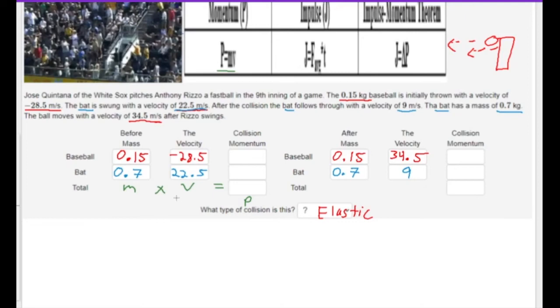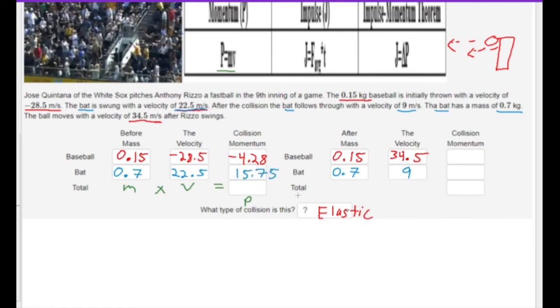If we multiply those two things together, we find out the momentum of the baseball is negative 4.28. And then if we do the same thing to figure out the momentum of the bat, we get the mass of the bat, which is 0.7, times the velocity of the bat, which is 22.5, which gives us a momentum of